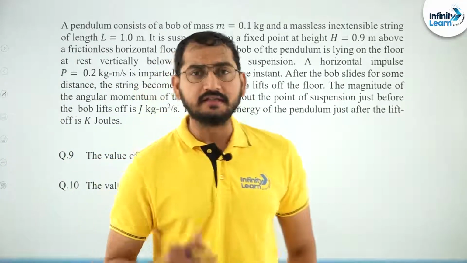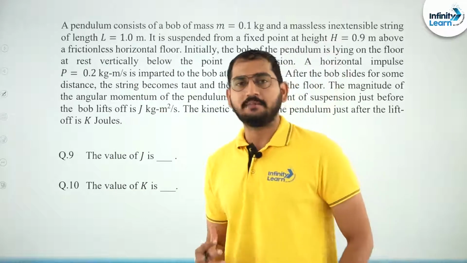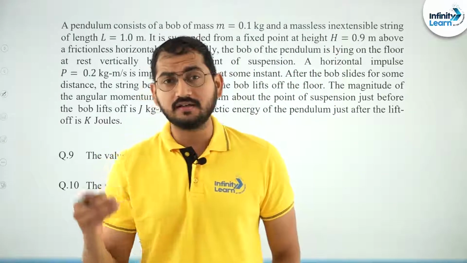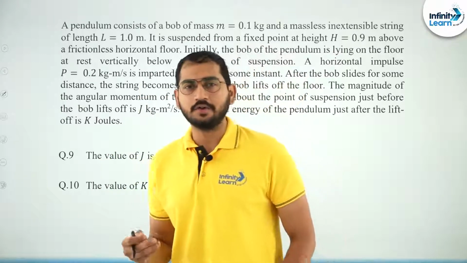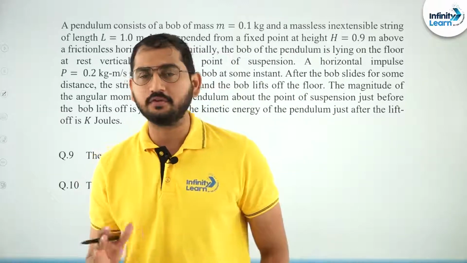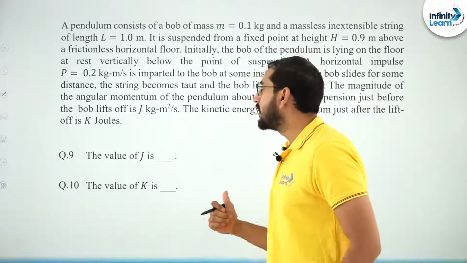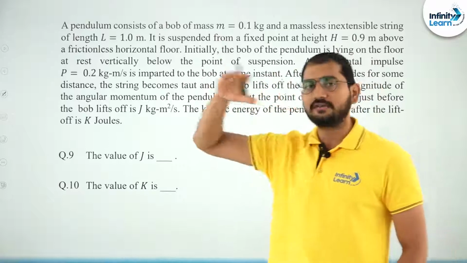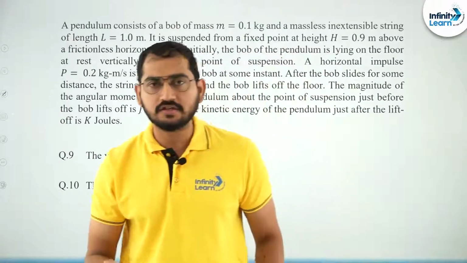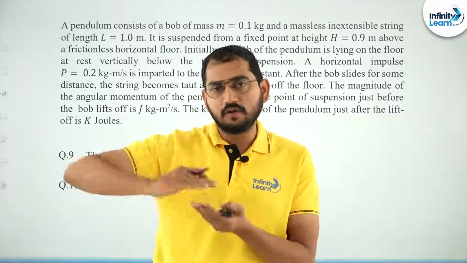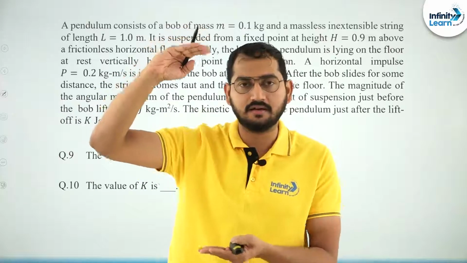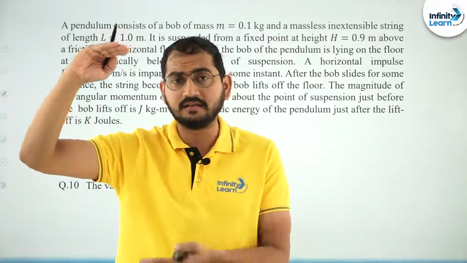So friends, in this next question, this is an application of a sudden impulse, a sudden jerk in a string, and because of that, how to write the conservation of momentum equation, that analysis we have to do in this particular question. This question says that from a ceiling a pendulum is hanging, but it is not hanging at its full stretch, because the length of the string is large compared to the distance between the ceiling and the floor.